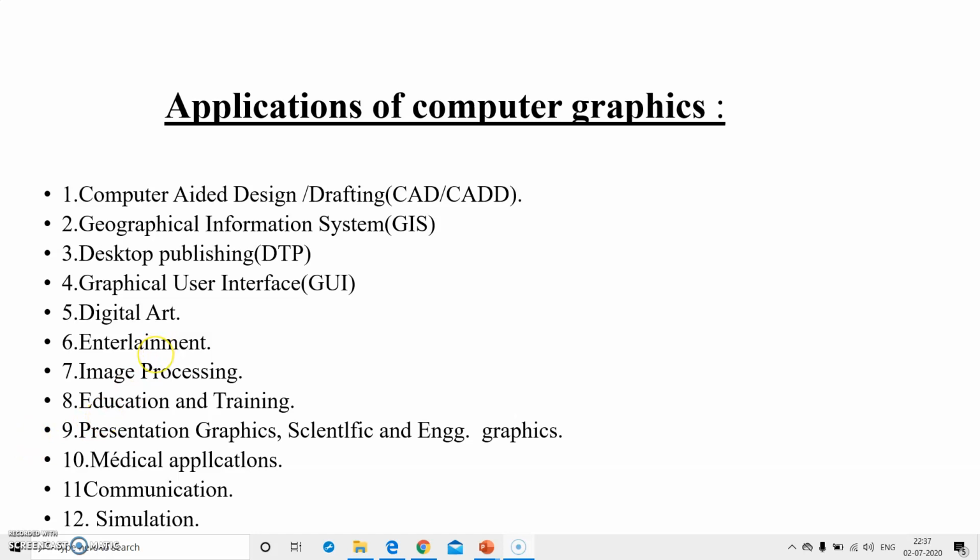The second application of computer graphics is in GIS, that is a Geographical Information System. It refers to integration and analysis of text, tabular and graphic data, on the basis of natural and man-made features. It is mainly applied for surveying and mapping.